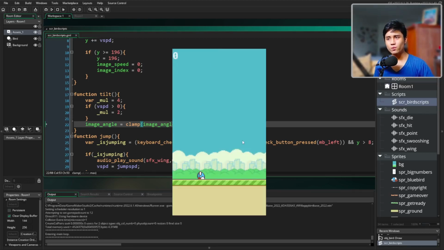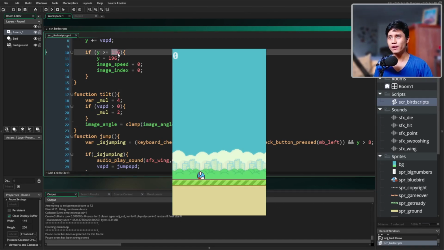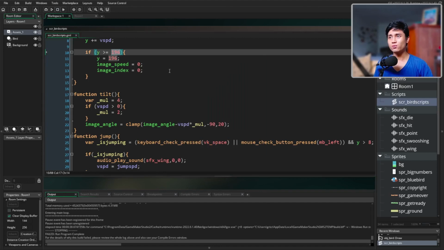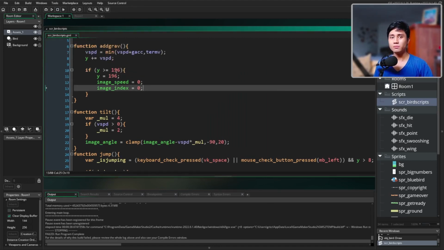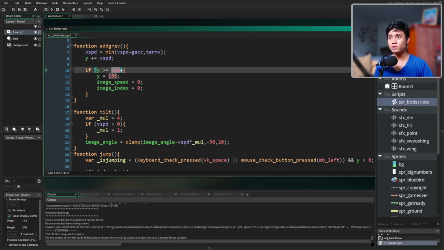Now I've noticed that when the bird goes to the ground, it's a little bit planted too far in the ground, and that's because our value 196 here is actually wrong. It's supposed to be 194. So this is where it gets a little bit dumb to actually just put the value straight directly in your scripts instead of saving it into a variable. So we're going to be